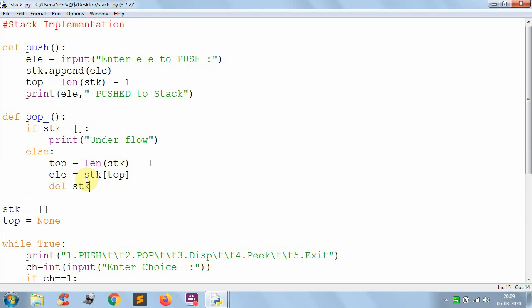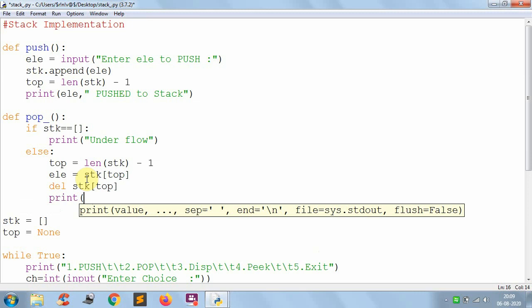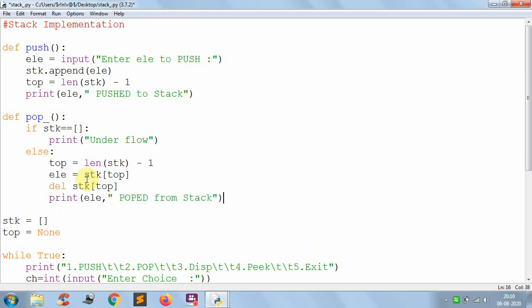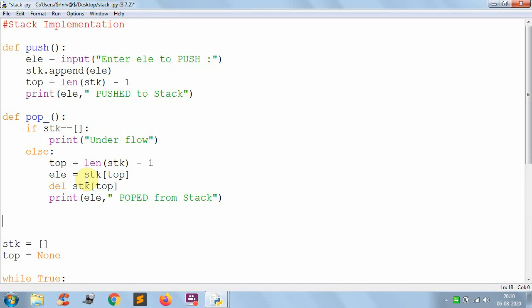Now I am performing the delete operation, stack of top. Now you can print element popped from stack. So we have finished the pop operation also.